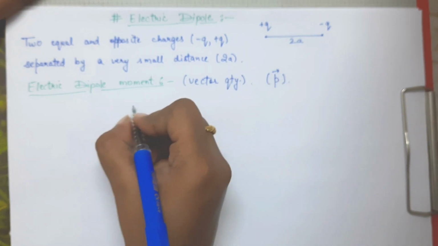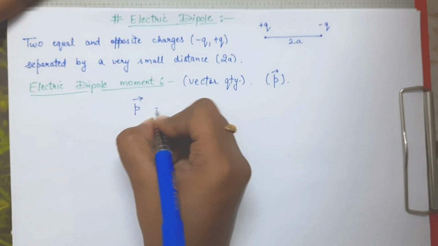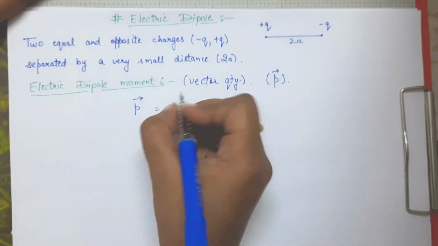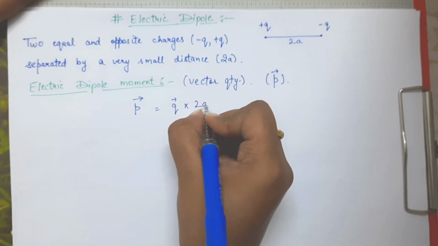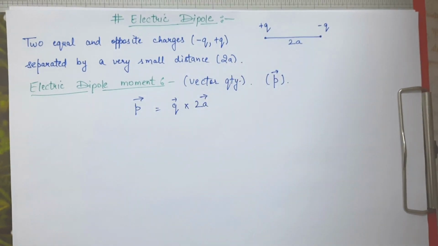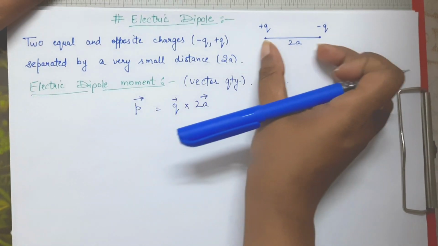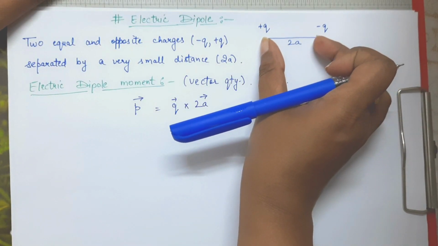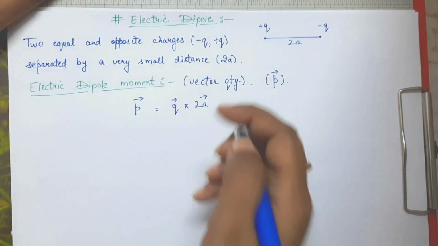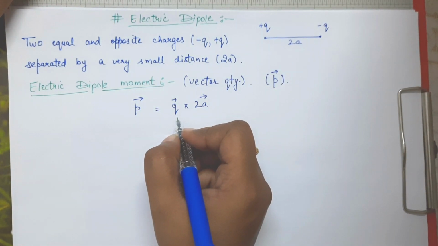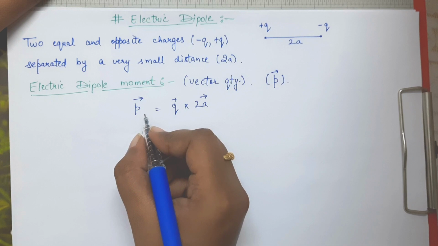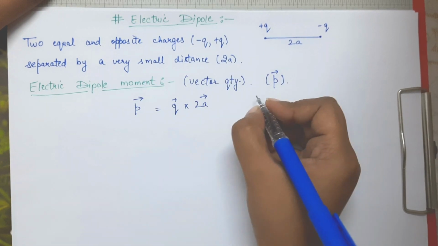So it is represented by P, and the formula is q, that is charge, multiplied by the distance between the equal and opposite charges. Here the distance was 2a and the charge was q. We have taken the magnitude of that charge, and the direction of this electric dipole moment will be,